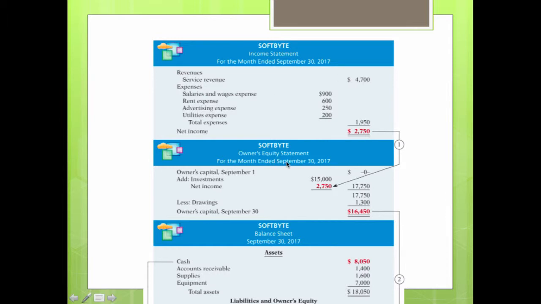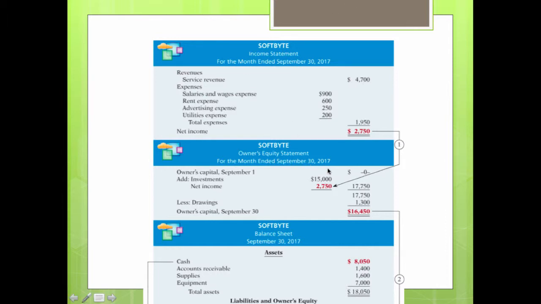Now, the owner's equity statement summarizes the changes in owner's equity for a specific period of time. Remember that owner's equity is what the owner can claim once all liabilities have been paid. So for this statement, which is also for the month ended September 30th, 2017,